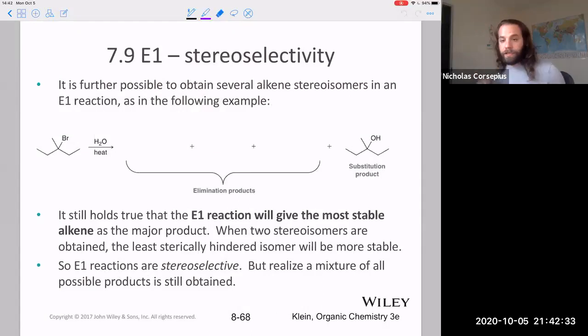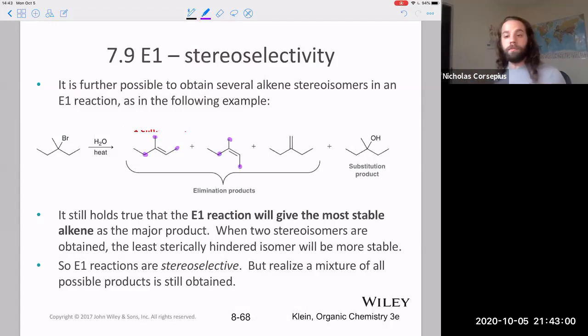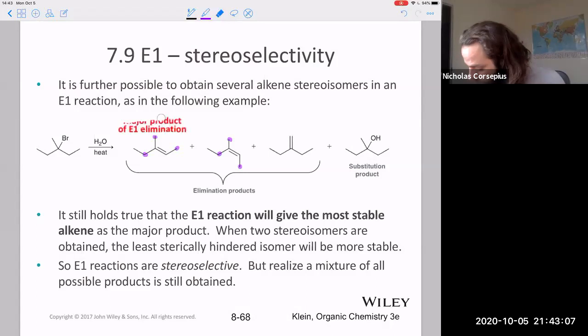Same things, so that's the regioselectivity, which constitutional isomer is favored. Same thing with the stereoselectivity. So if I have this particular compound here, I'm going to get a mixture of all my different products. What's going to be the major product? Well, these 1, 2, 3, these are going to be the more stable alkenes because they're more highly substituted. But then in terms of stereochemistry, one of these is even more stable, and that's this first one here,